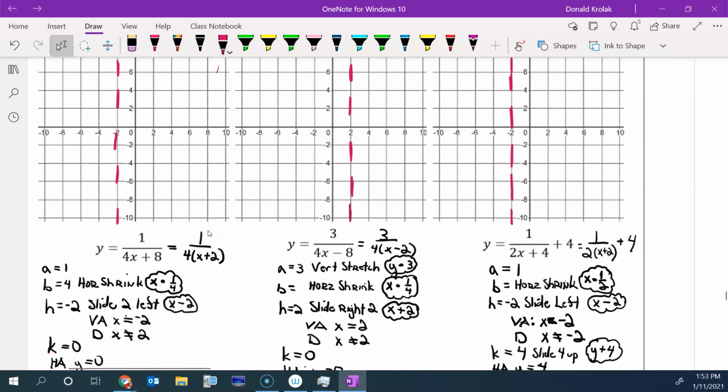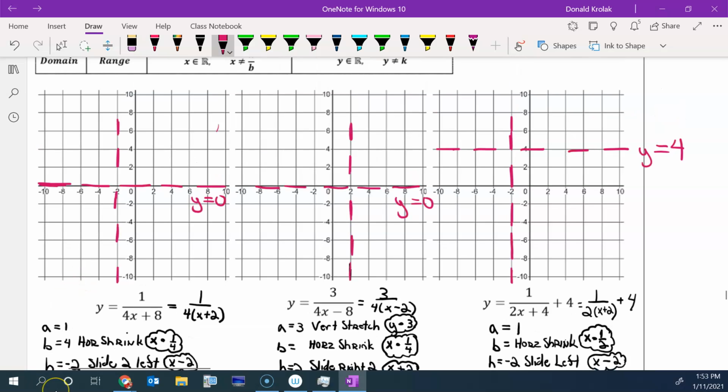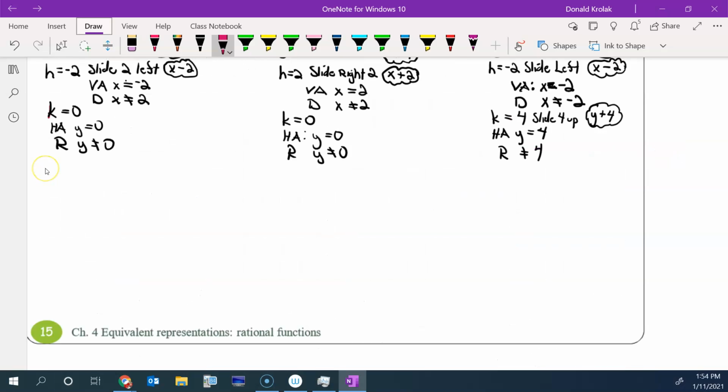Now we've got HJs. For a reciprocal function, you're always working with the same anchor points: 1,